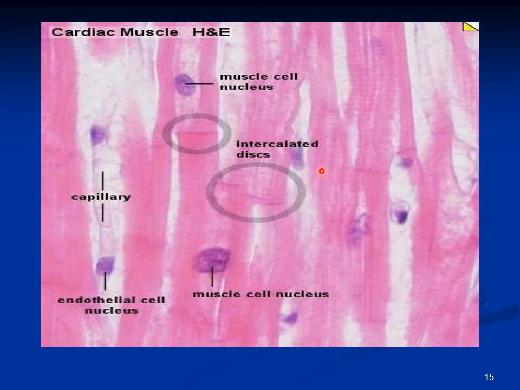So again, this is the longitudinal section of cardiac muscle. It is stained by H and E. H means hematoxylin, E means eosin. So we can see light and dark patterns, which are due to the presence of actin and myosin filaments. You know that actin is the thin filament and myosin is the thick filament. This purple one is the nucleus, centrally located in the center of the single cardiac cell. We see the branching pattern, and this is the intercalated disc.